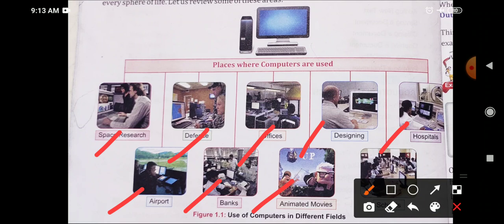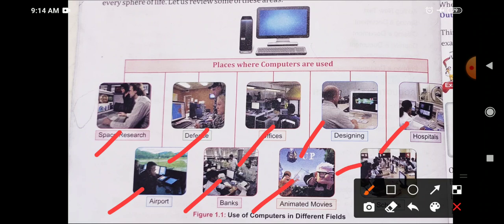Next is school. How computers are used in schools. Now this point you all know very well. In schools, computers are used for teaching. In computer labs, students learn about computers and how to use them.